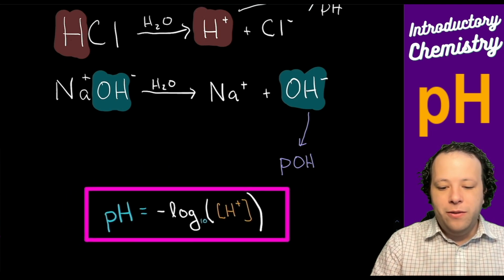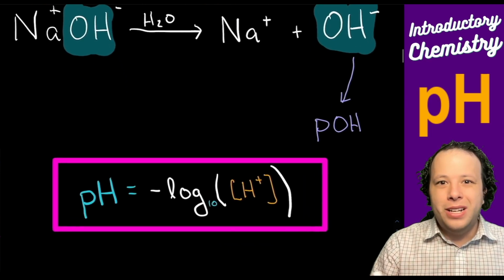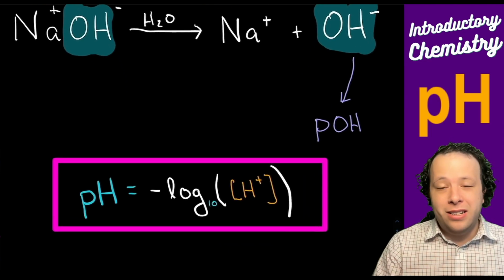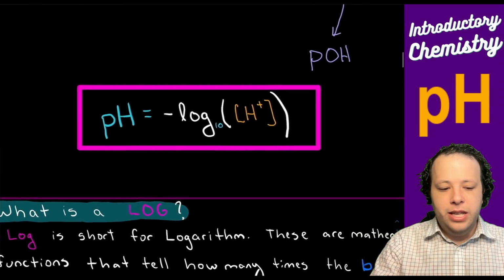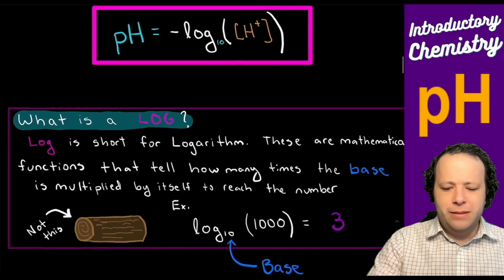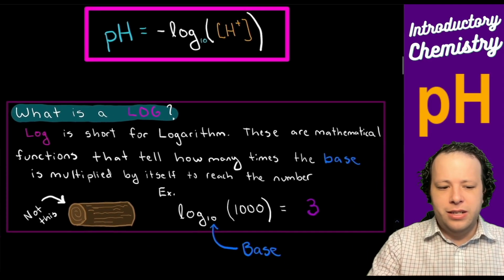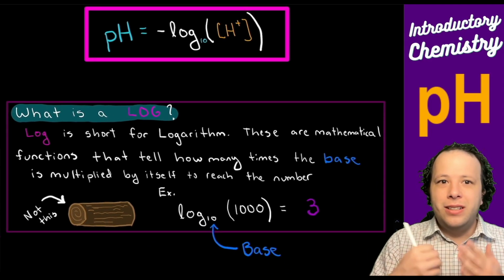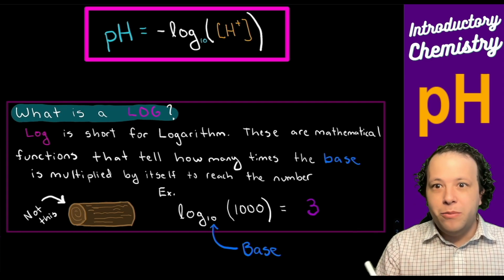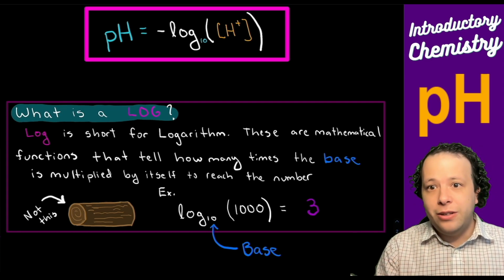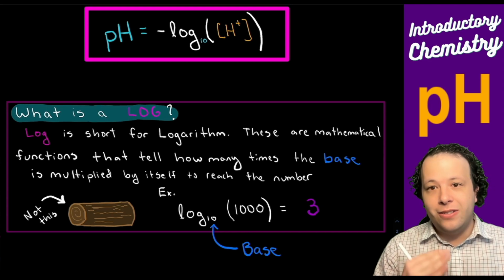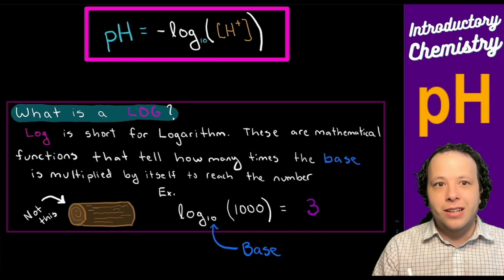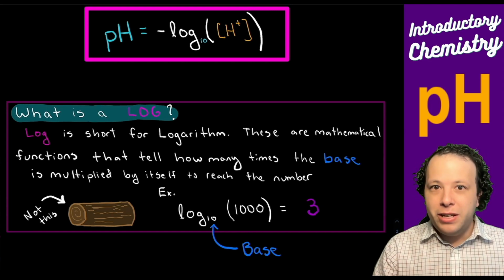Now, for a lot of chemistry students, you might not know how to use the log function or you're not used to it. So let's talk about what exactly a log is. What does that represent? A log is short for logarithm, which is a function that you can find on your calculator. It should say LOG, that is the button you are looking for, not LN. So keep that in mind. They are two different functions. We're looking for a logarithmic function.